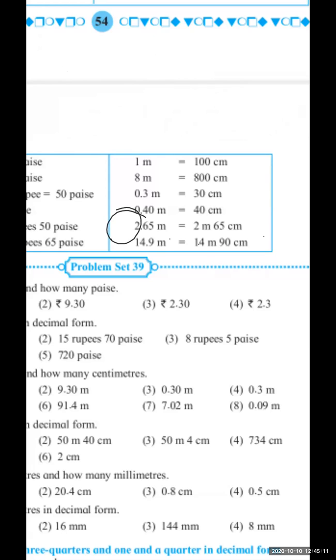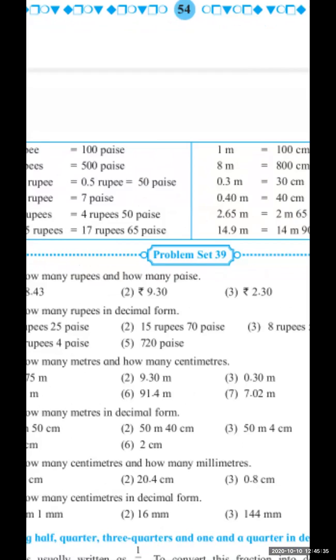जो whole number है वो मीटर में जाएगा, and the small number, after decimal point वाला number, it will go in centimeter. Lower, छोटे वाले में जाएगा. Okay. 14.9 meter, so 14 meter and 9 centimeter will come. Small unit will come. Okay. Now we'll solve the exercise so you will understand it very well.